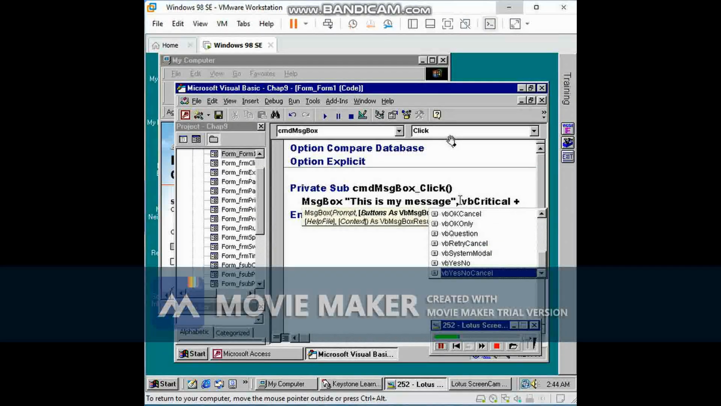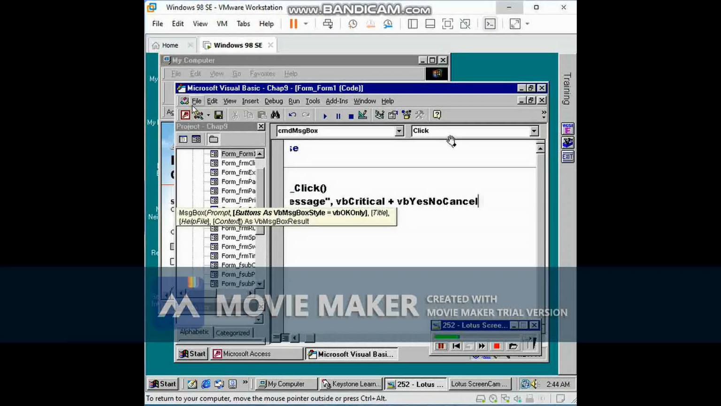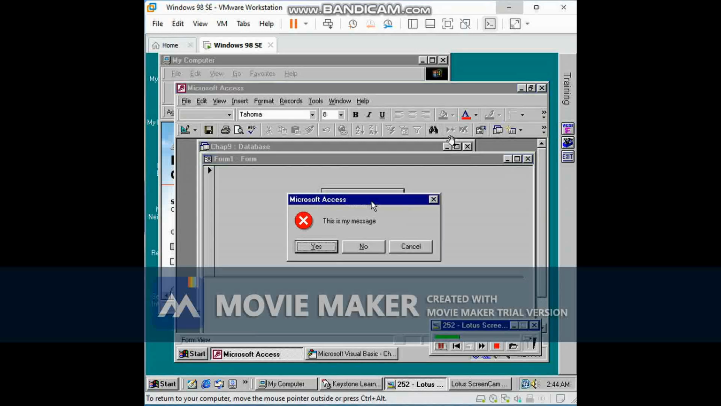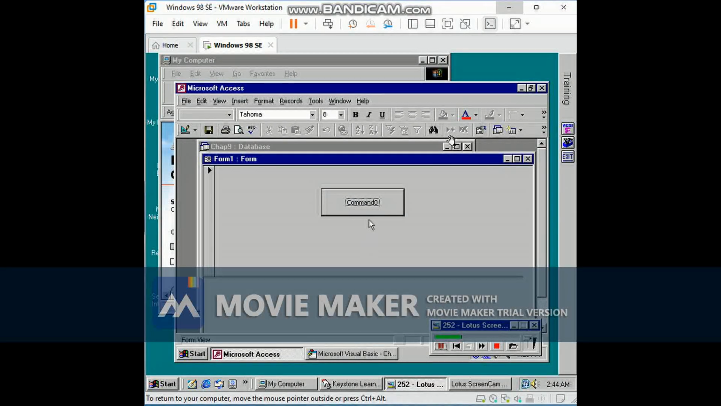So let's go back over to the Access environment, click the command button, and notice that now you get the X, this is my message, and yes, no, and cancel. Now nothing happens if I click no. I can click any of the buttons and nothing special happens. But you can see that the buttons do indeed appear. Going back over to the VBE,